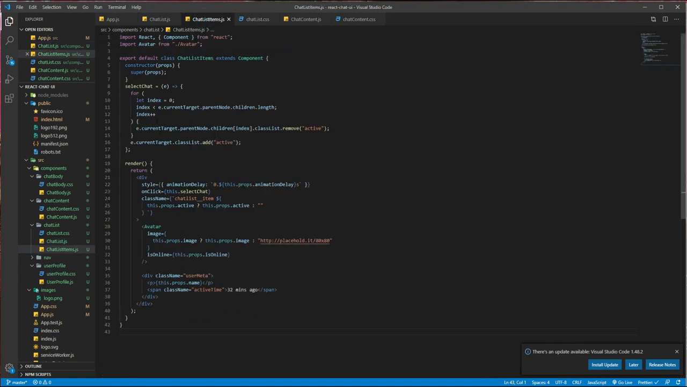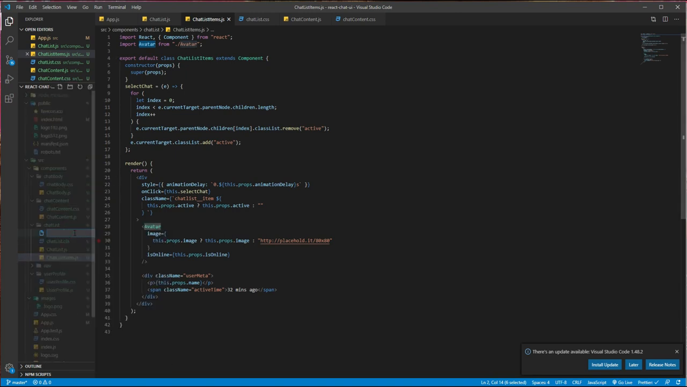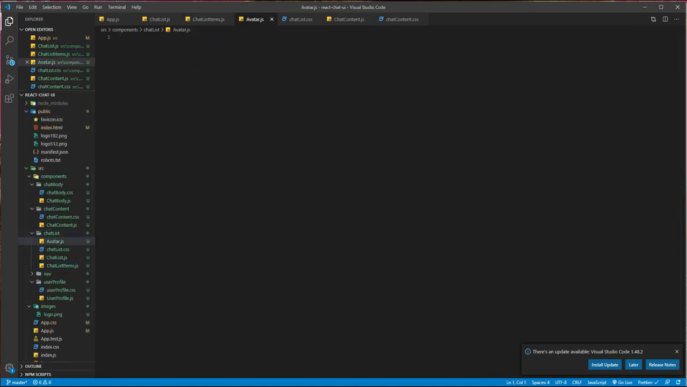And here we are getting the props right now in the div and adding the image. And I added another one, avatar, but we have not created the avatar yet. So let's create the avatar. Avatar.js, this is another component. So in avatar.js,